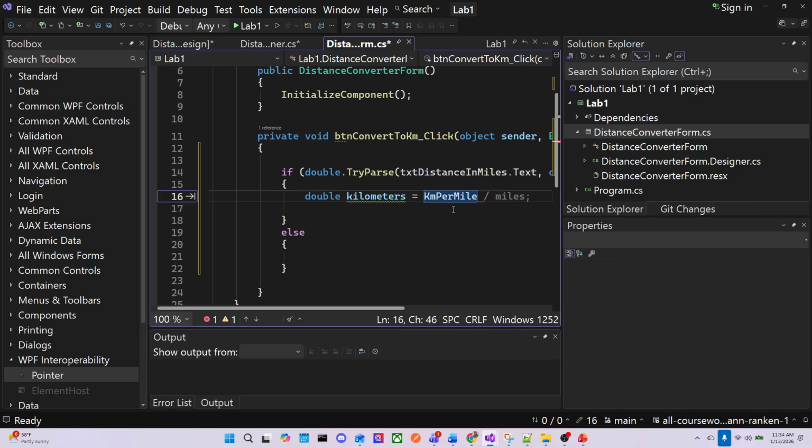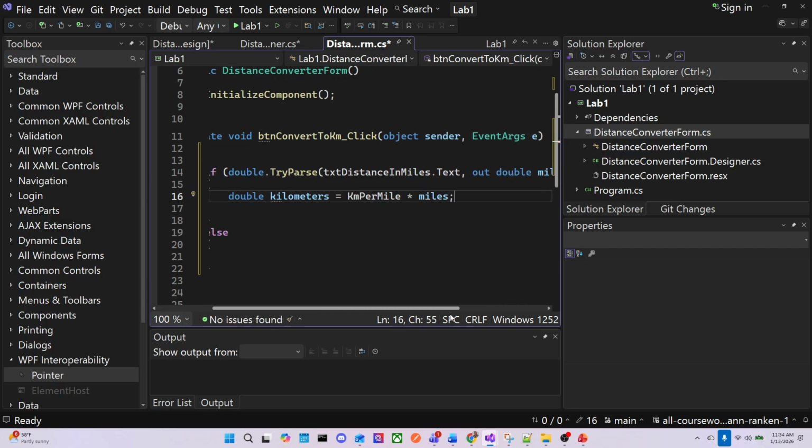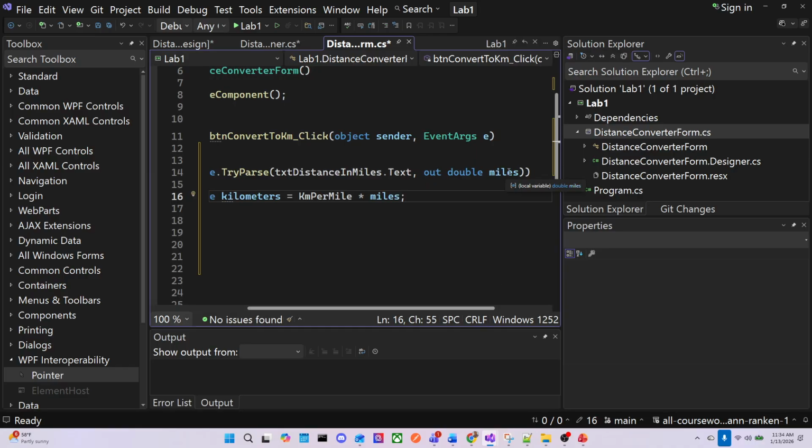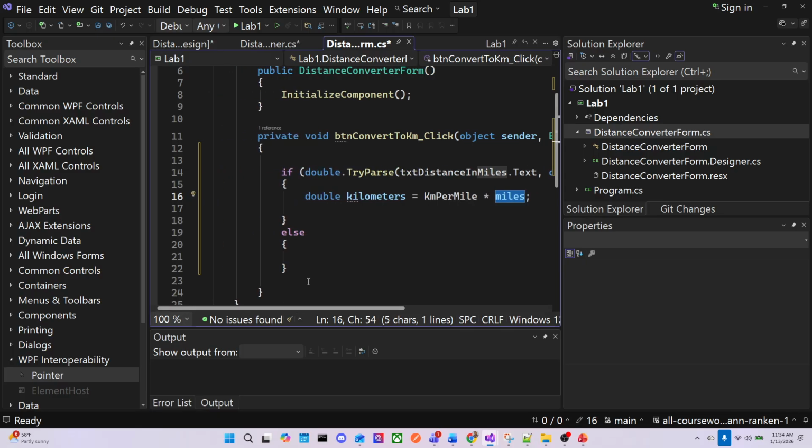But here we want to actually multiply, right? So we're going to multiply this by the miles. It's suggesting this, and you can hit the tab key, because it knew that miles was there, that you already had it defined. If it successfully parses this, it's going to populate this miles variable with whatever you put on the screen, and then you use it here. So let's see how we look. Okay, so we did that, and then what we're going to want to do